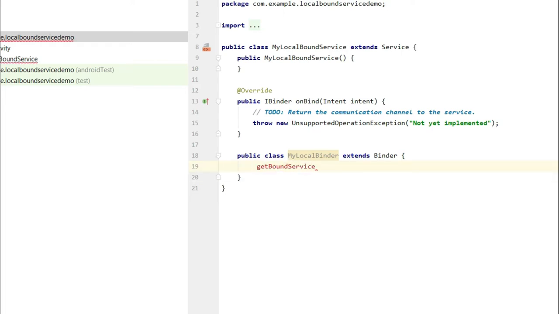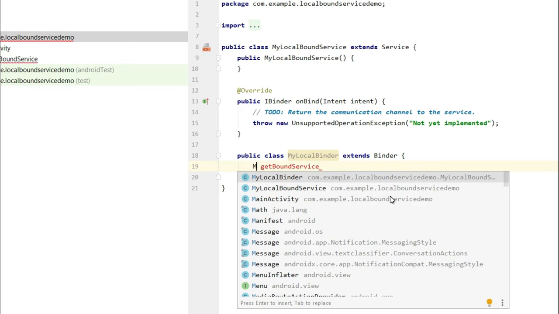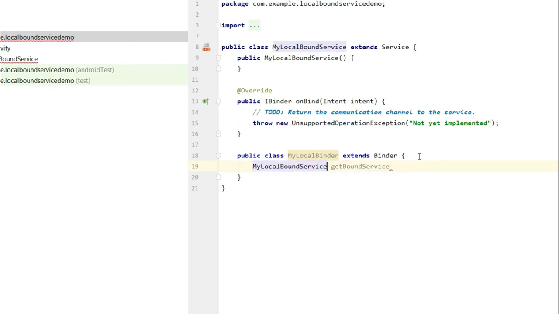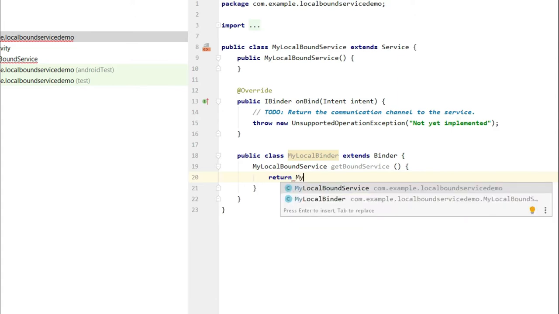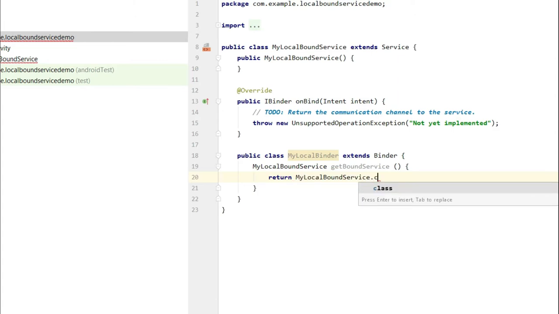The return type will be MyLocalBoundService, and in the same way we have to return the instance of the current running bound service, which will be MyLocalBoundService.this.